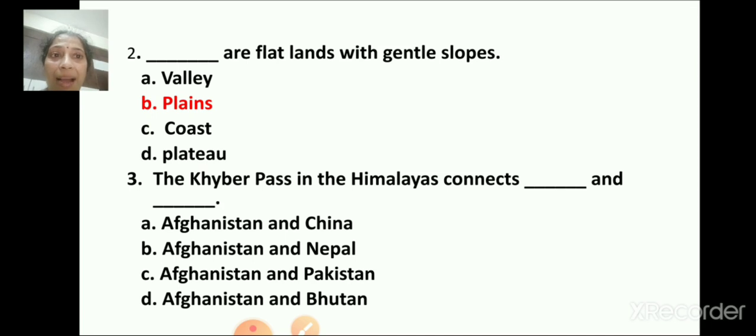The Khyber Pass in the Himalayas connects dash and dash. This we had seen in our previous class. Do you remember? The options are Afghanistan and China, Afghanistan and Nepal, Afghanistan and Pakistan, Afghanistan and Bhutan. What is the correct answer? Yes, Afghanistan and Pakistan.